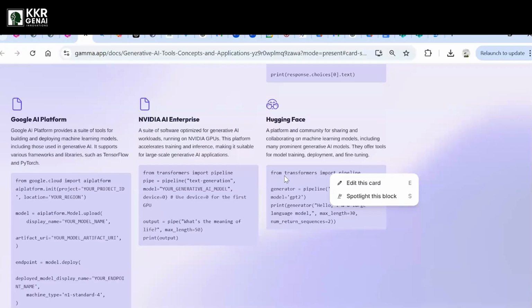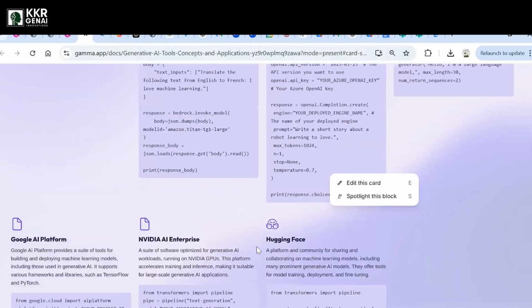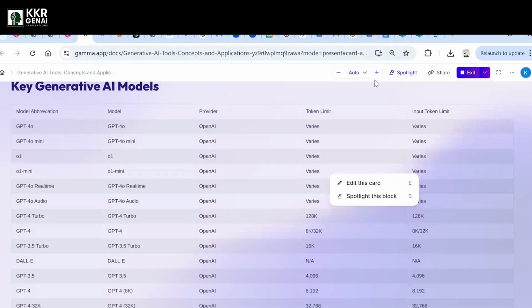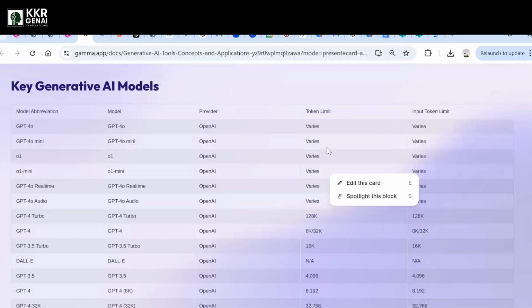This is how you are going to work once you start your career as an AI developer. If you get a chance to implement any generative AI applications, you will utilize this particular coding and you will be able to implement it. Okay, let's jump into the key importance. This is one of the important slides as well.